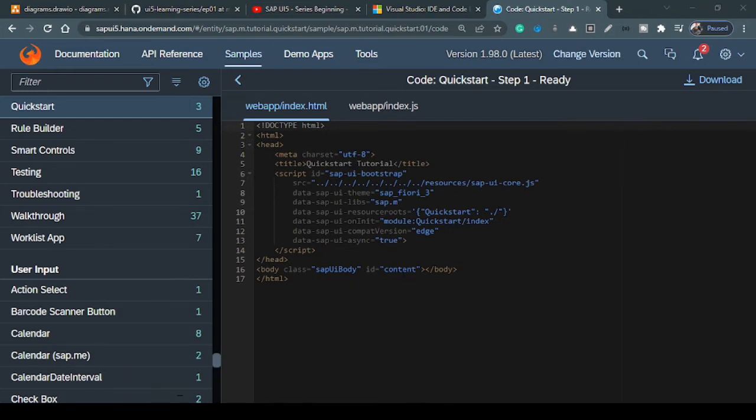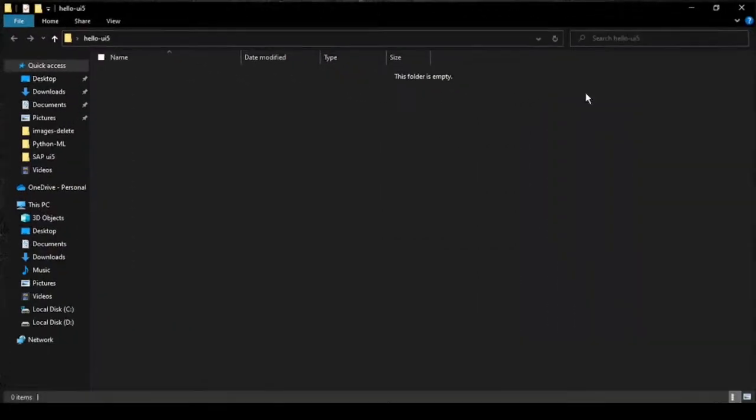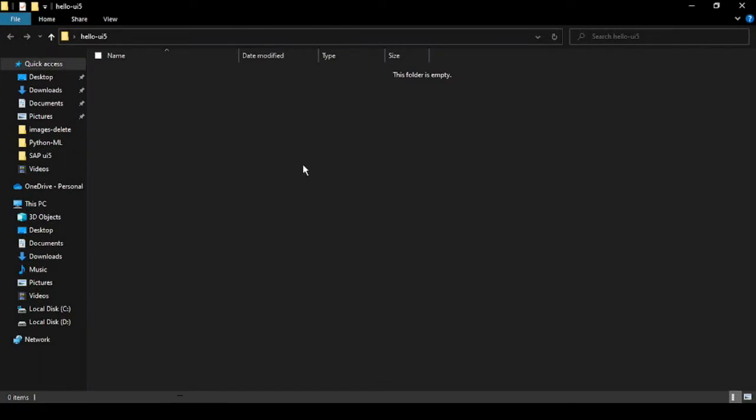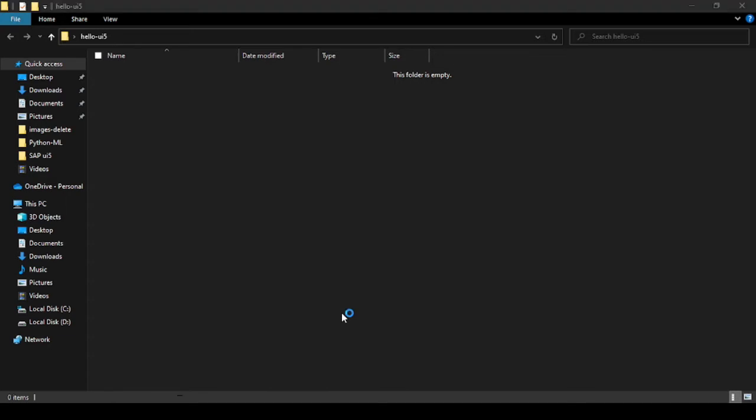So stay tuned. I've created a simple folder called Hello UI5 on my desktop. Let's double click on that. This is completely an empty folder, nothing is there. Now what we'll do is right click and choose Open with Code. So if I click on that,